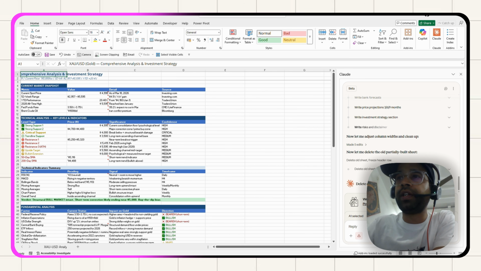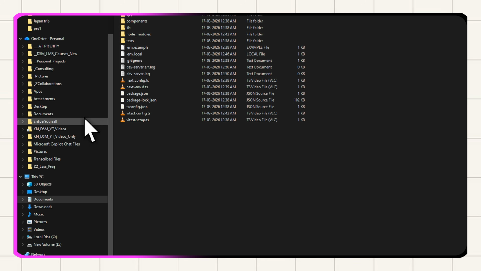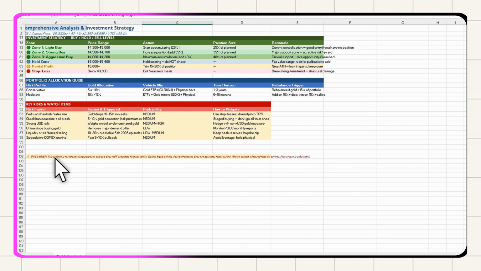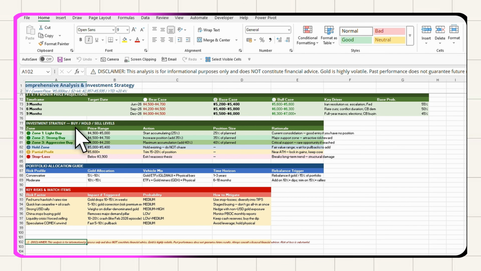And it's going to delete some old sheet, freeze header rows and stuff like that, right? So cleaning the sheets and all that, which we typically do. Okay, so yeah, it was able to do that entire work, and finally it is able to complete it. Again, it gave a disclaimer, right? This analysis is for information purposes, not to consume, because again, Claude wants to be really careful on how people use this material. But it gave me that entire analysis, and if you look at some of the verdicts that are there,